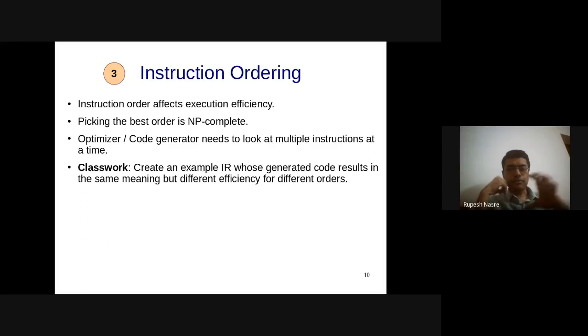The example that I gave was that A was assigned, but it is not used for a long time, so it is live for a long time. We should try to reduce that live range as much as possible so that it conflicts with other live ranges as little as possible. Good. So we can reorder such that the live range of variables reduces. That is correct. Any other suggestions?